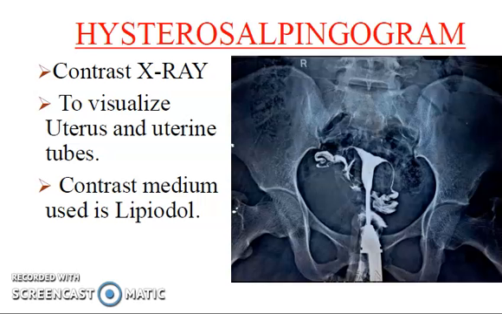The duration in which this study is to be done is 5 to 10 days of the menstrual cycle, because we are confirmed that this lady is not pregnant and it will not harm the baby. So that's why the rule of 10 has to be asked to the patient.